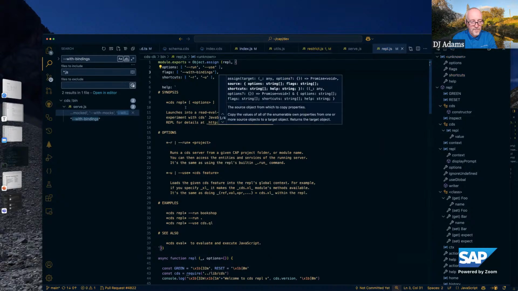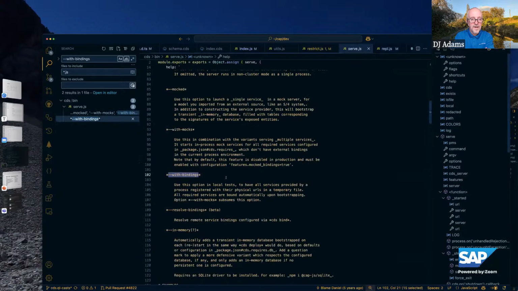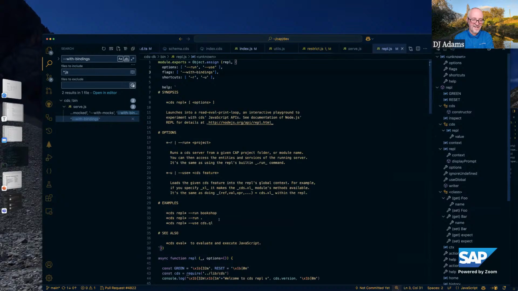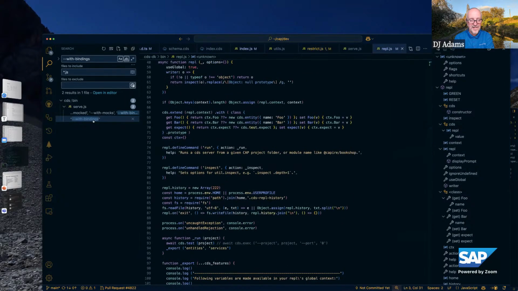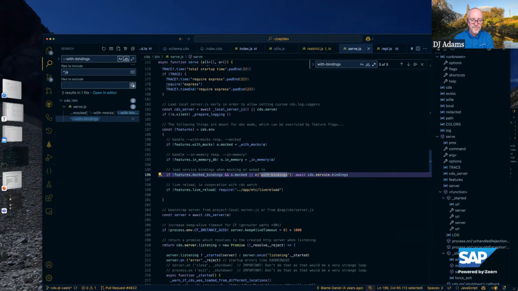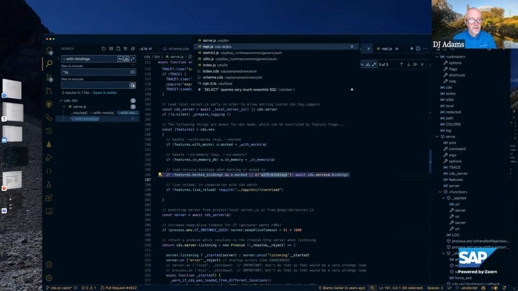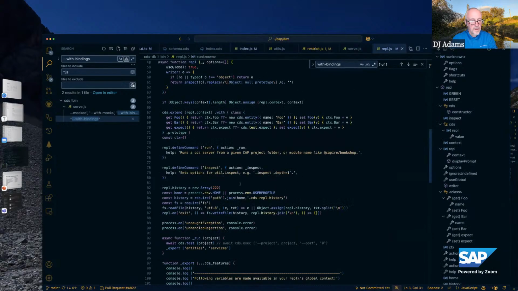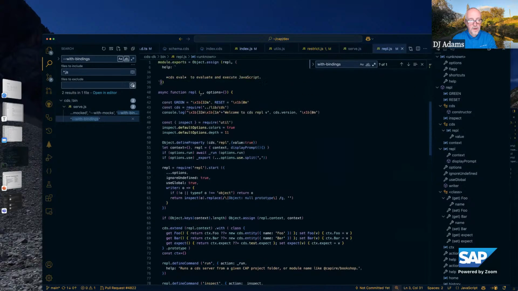That is our poor man's CLI thing. Okay. Now I wanted to double check this. Yeah, here we are. Somewhere here.